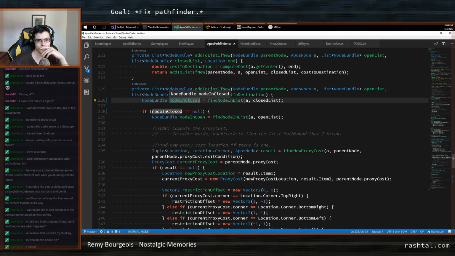So if the node is enclosed, if the node is not,